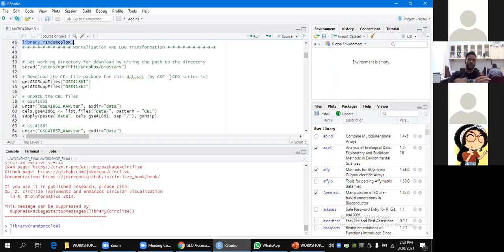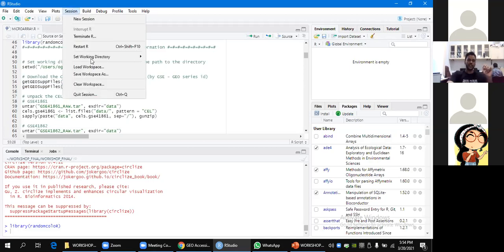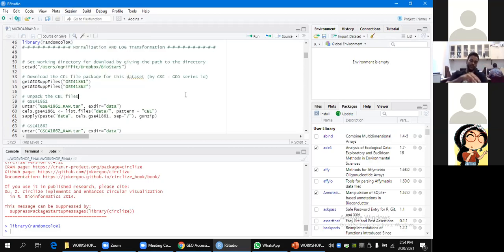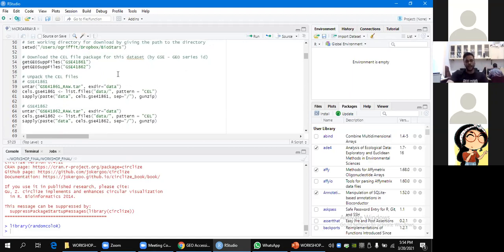We will not be doing it manually; we will be fetching it in R itself. So the first command, getGEOSuppFiles. This command fetches directly from the FTP URL of GEO, so we only have to mention the accession number here. So getGEOSuppFiles, GSE41861 and GSE41862. You will need to run this command. It will automatically fetch the whole dataset corresponding to these accession numbers and make a folder in your working directory. You first need to change the working directory and set it to a folder where you will be keeping all your files. So you can run this command.